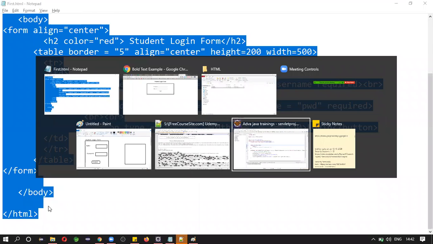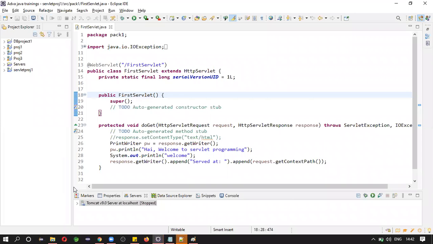Let us open Eclipse. Our project is Servlet Pros 1, right?